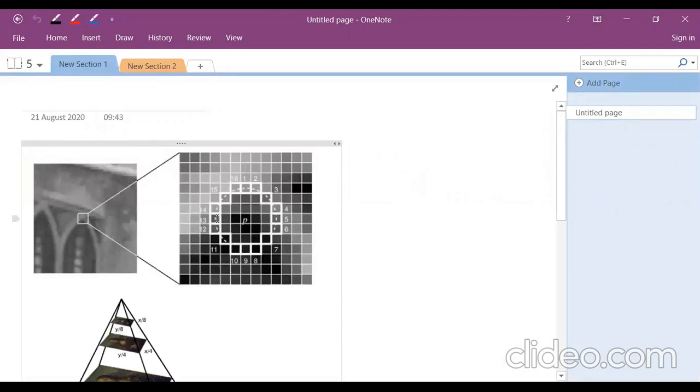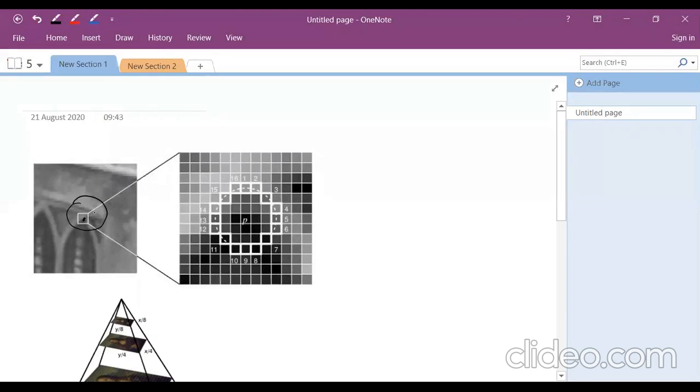From the diagram you can see it is one image, a black and white grayscale image, and here is a corner. What is a corner? A corner is nothing but the place where two edges coincide with each other. Now we have to detect the key features inside it, whether it is a corner or not, according to the intensity.